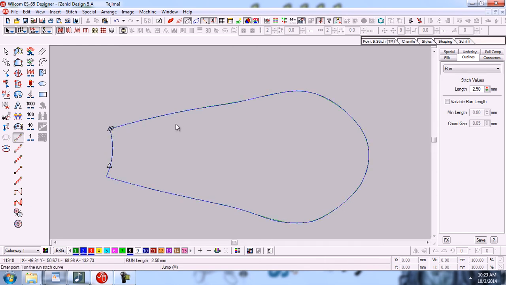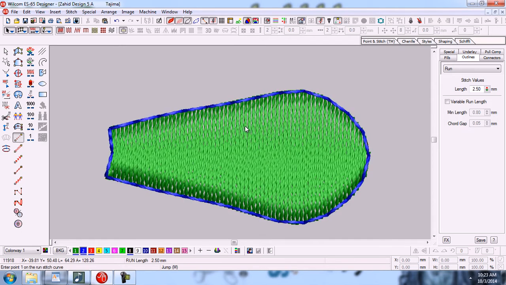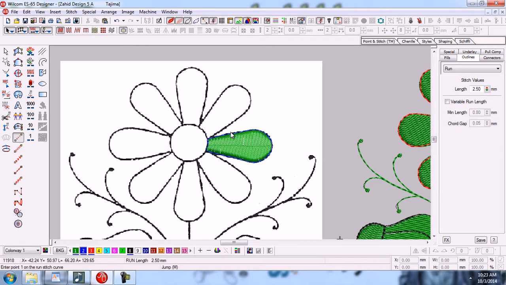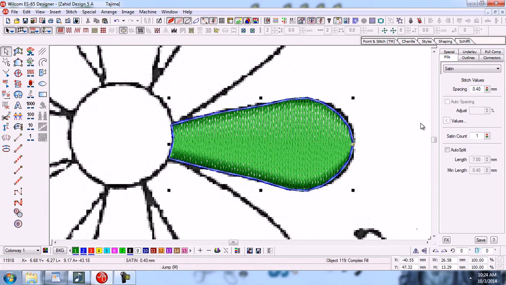Now press enter. Now we have to apply the wreath and kaleidoscope effect on this object, and we will complete this design.